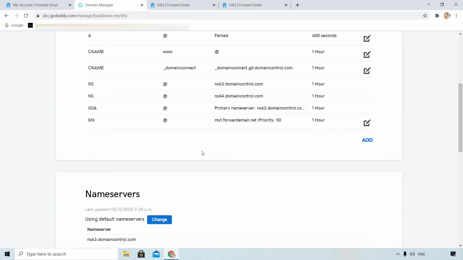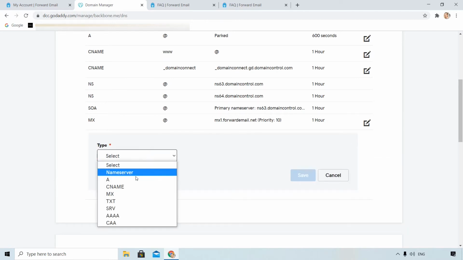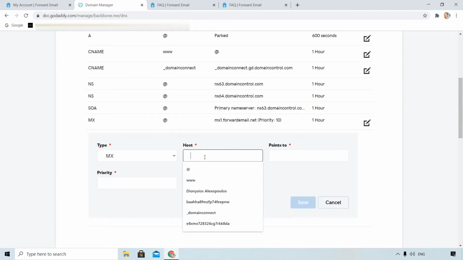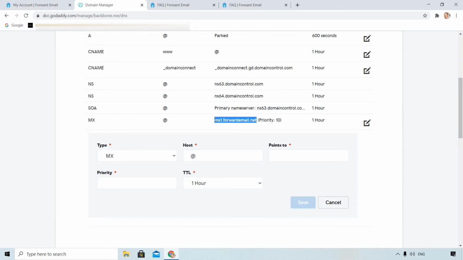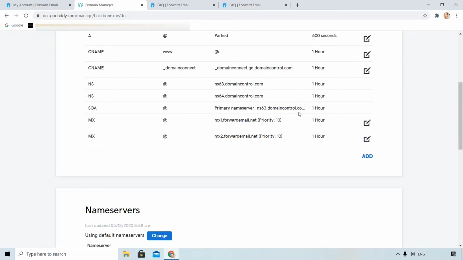You see how it looks. I need the second one. Again, the symbol. I will now choose mx2.forwardemail.net and priority 10 again, and this is how it looks when you have added both these records.